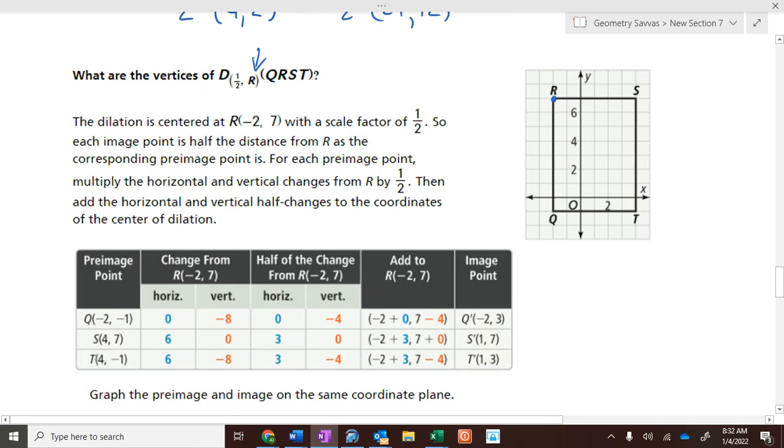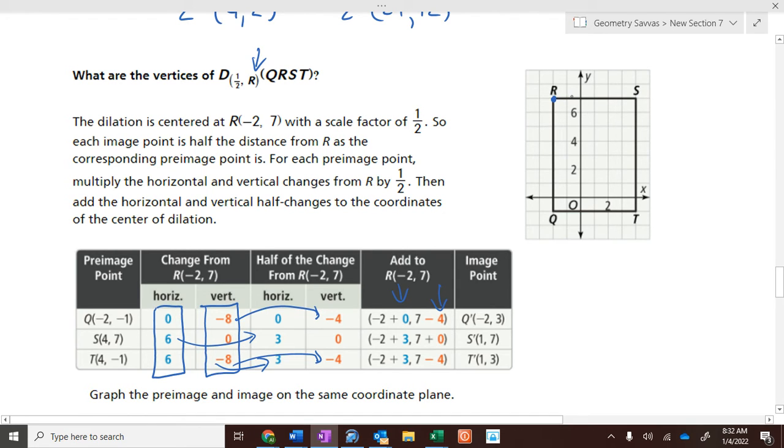So how they did it is they figured out how far it moves vertically or how long they are vertically or horizontally. They multiplied that number by 1/2. 6 times 1/2 is 3. -8 times 1/2 is -4. And then moved that by that amount, horizontally or vertically. Move that by 3 or -4. So